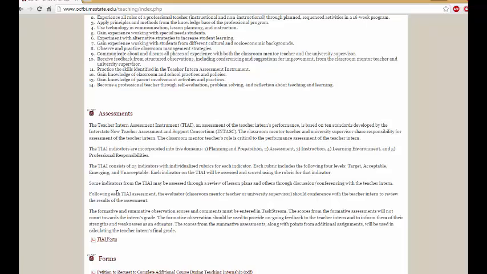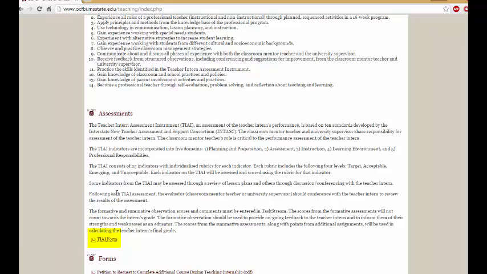Years ago, all the universities got together and said we need a common rating system for all of our student teachers, or anyone who's an intern in a school district. They created what was called the Student Teacher Assessment Instrument, which became known as the STAI. After several years, they got together once again and said, let's revamp it and fix it up. And it became known as the Teacher Intern Assessment Instrument, or the TIAI.